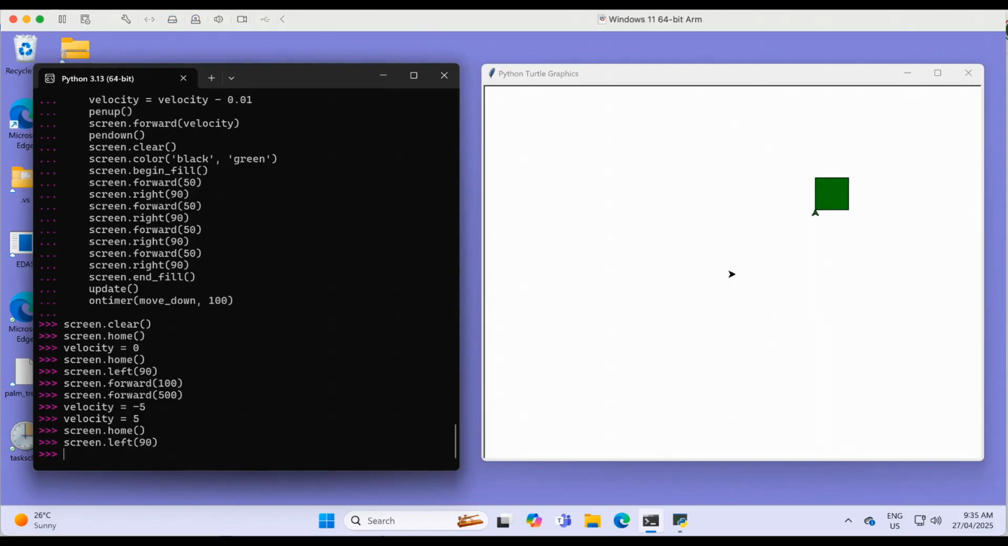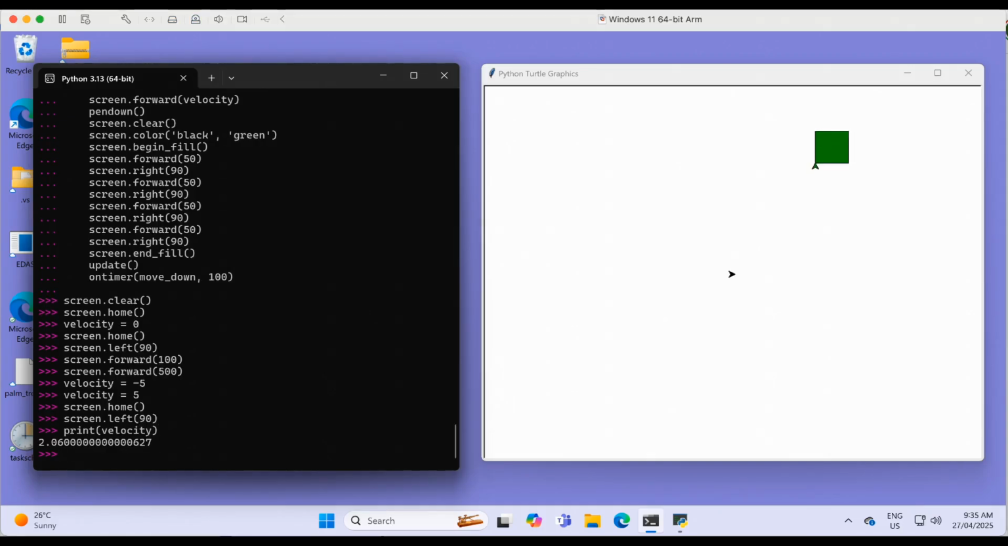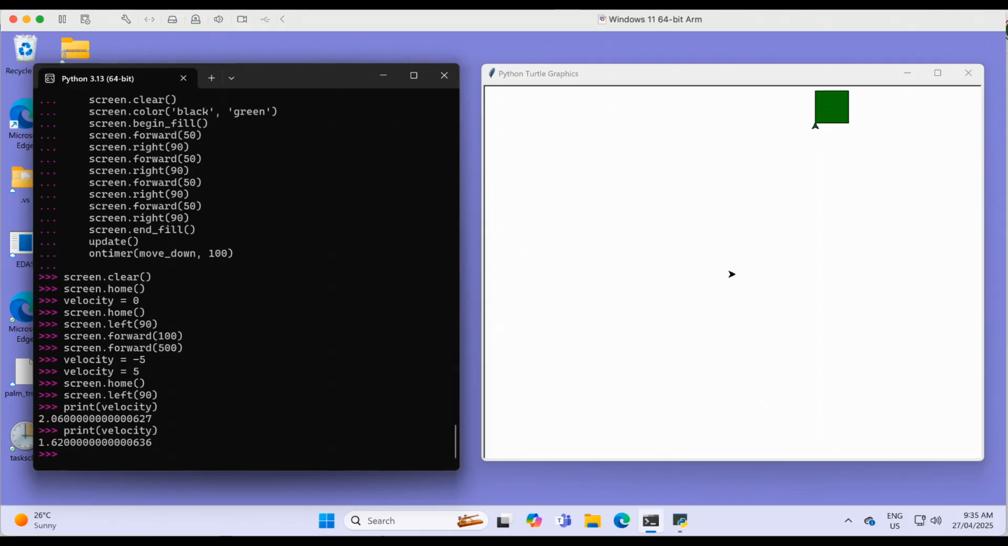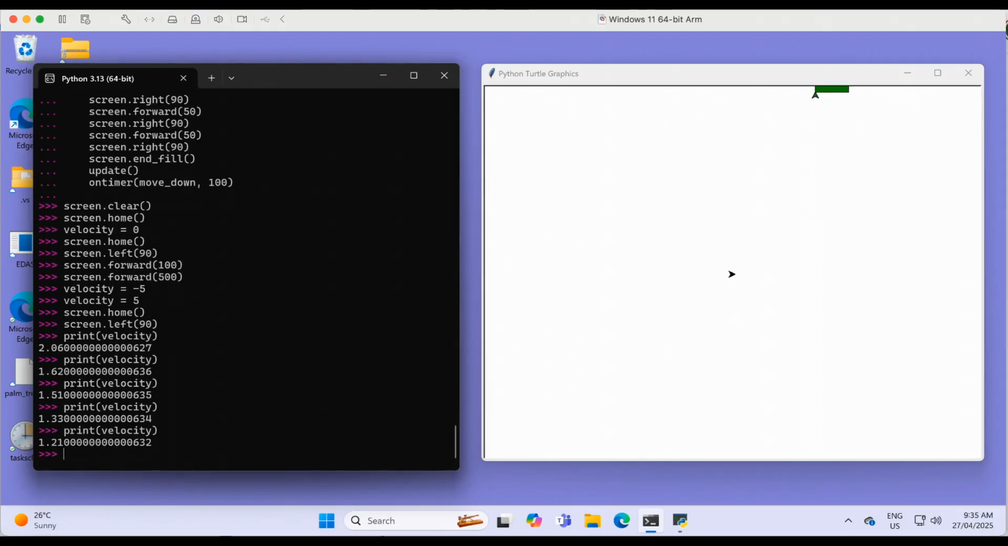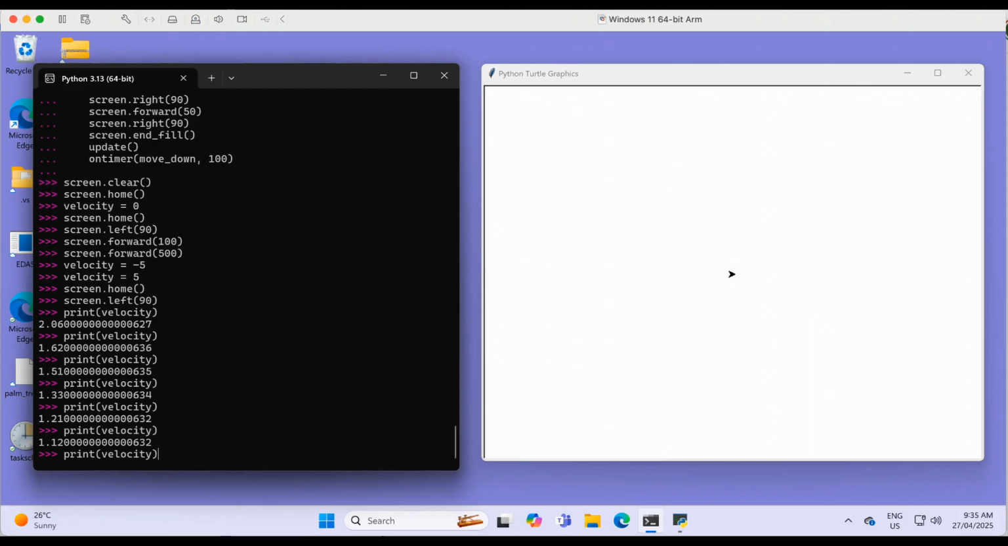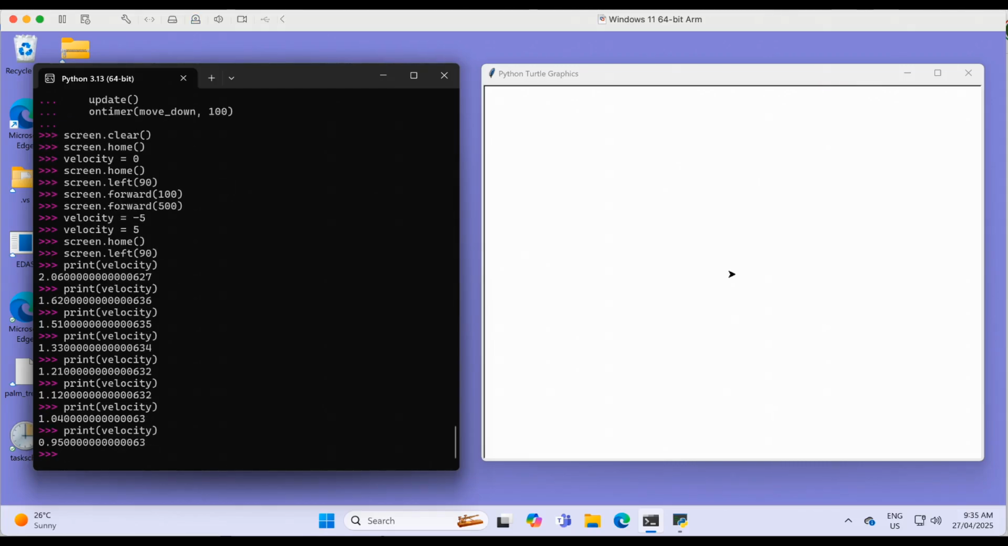So let's see what velocity is. Oh, it's still a bit high. You see it's gradually reducing though, because every time it draws the square, it reduces it by 0.1, and eventually it'll start falling again. So instead of having to just adjust velocity manually by saying,